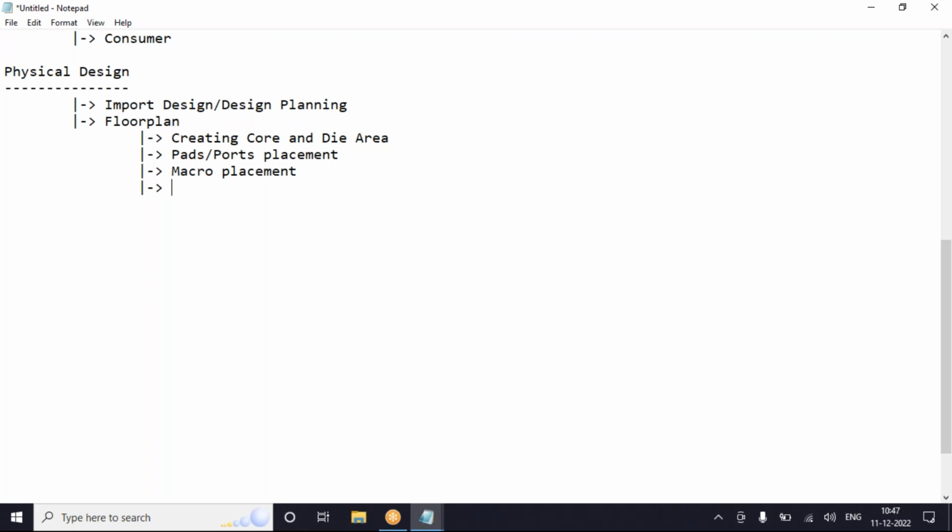Okay, there will be some more steps internal to it, but I'm not going to discuss everything right now. Standard cells are not going to be placed in the floor plan stage. Okay, so macro placement will be done, and there will also be some more steps which I'm not going to cover. Let's keep that for the advanced part. The major ones are port placement and macro placement, to be done in the floor plan stage itself.